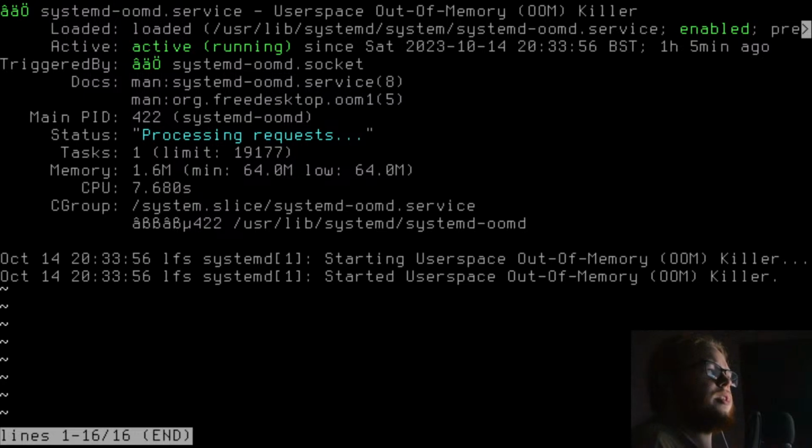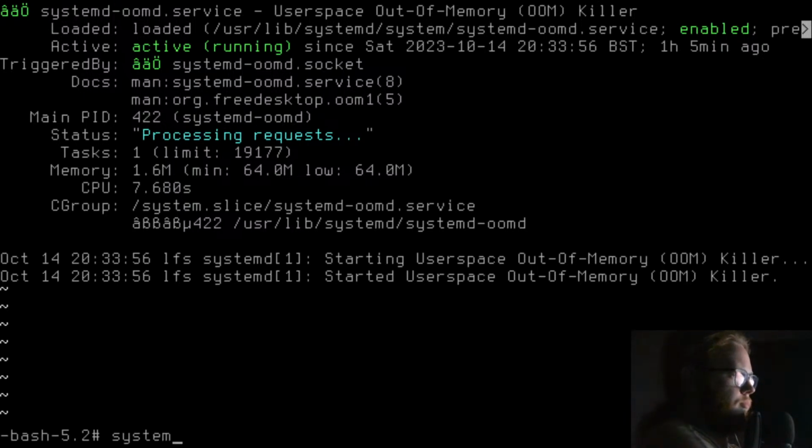Should I just stop this? Should I just stop this service? Fuck it. I don't need a sudo because I've already got it. Yeah, because it's already root as is.